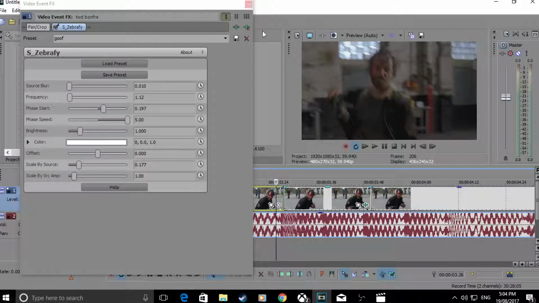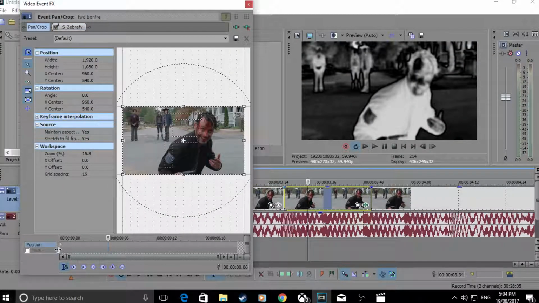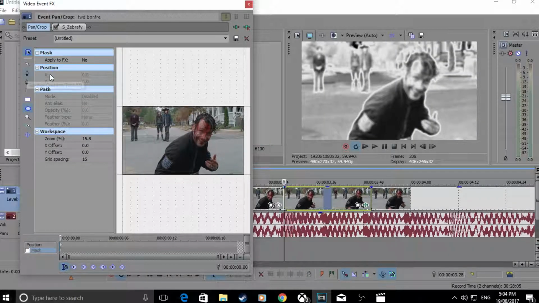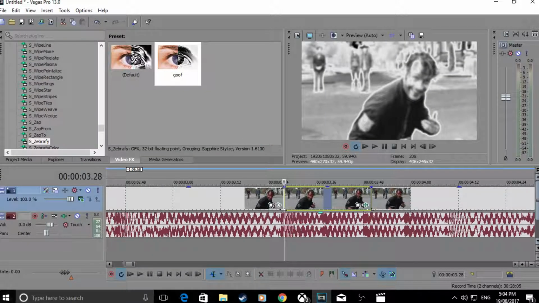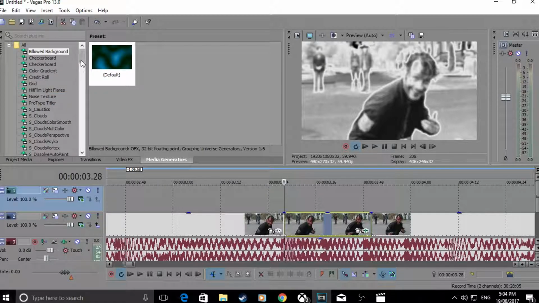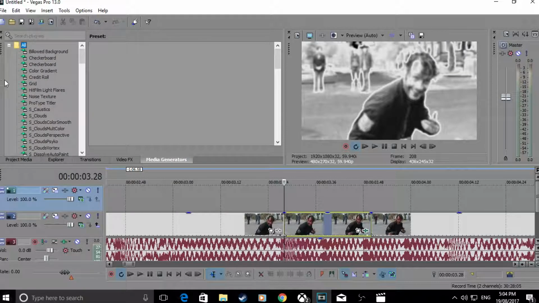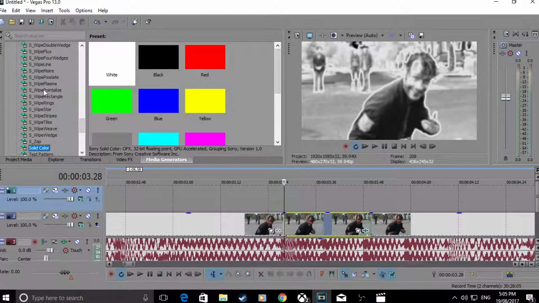Once you've done that, you do your mask. To do a mask, you'd basically do it just in here. You click the mask, click your pen tool, you know what you're doing. To do the flash effect, go to your media, first create a new video track, so right click here, click video, insert video track. Go to your solid colors in your media generators, so solid color, put in black,